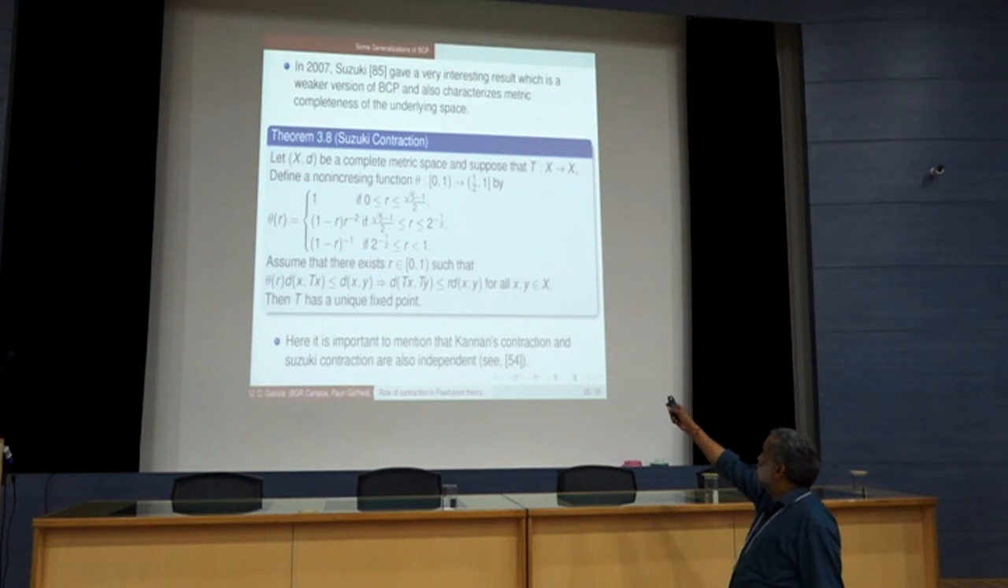After that, Suzuki gave a result generalizing the Banach contraction principle. Let (X, d) be a complete metric space. Suppose that T is a self-map on X and define a non-increasing function theta from [0, 1), which satisfies this condition. Assume that there is r belonging to [0, 1) such that theta satisfies this condition, then T has a